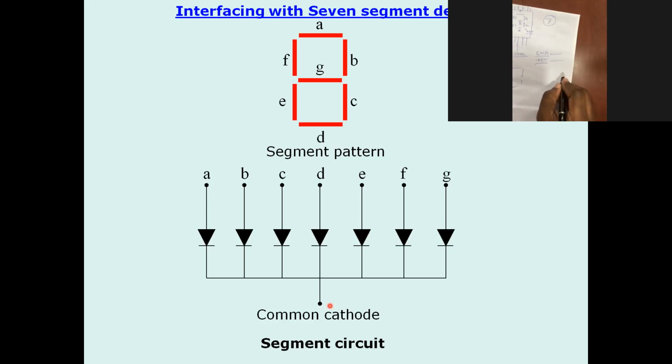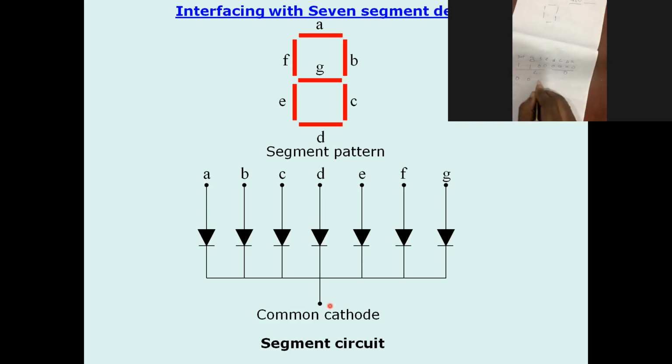So for the two different modes, what will be the value? If I am talking about A, B, C, D, E, F, G, dot, all except G will become 1. Depending on it, these two will be 0 in common anode mode. So what will be the value? It's C0. Similarly, in common cathode mode,